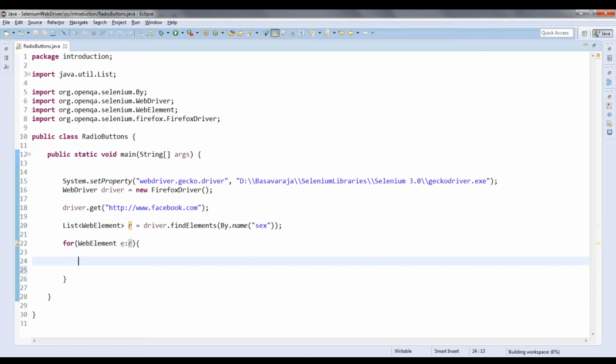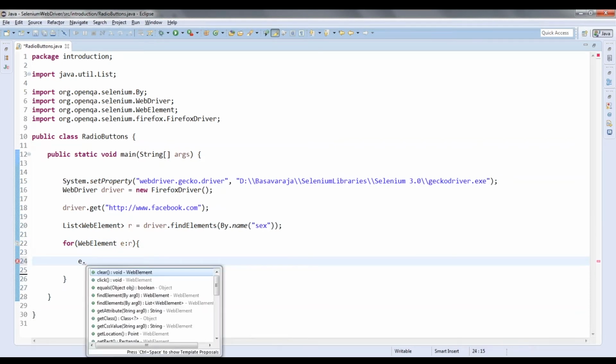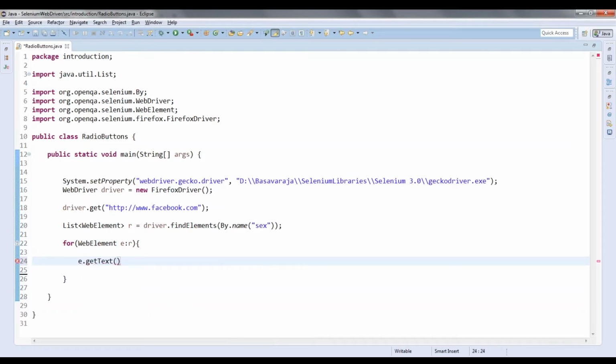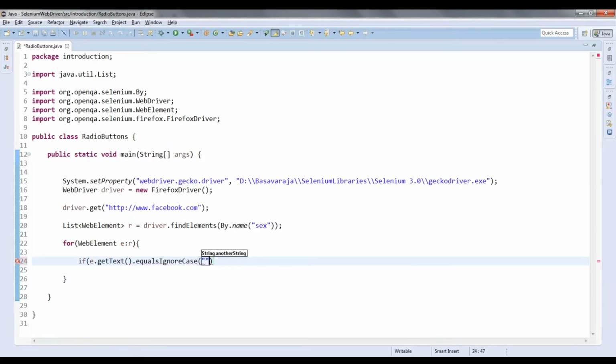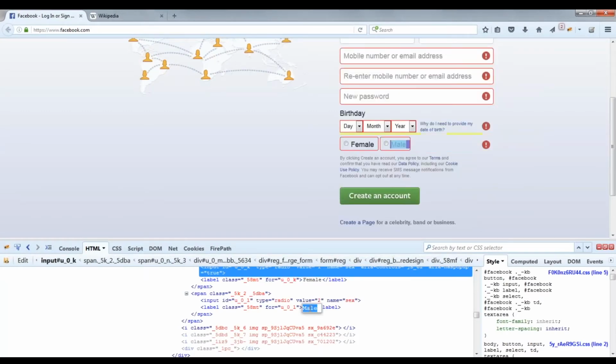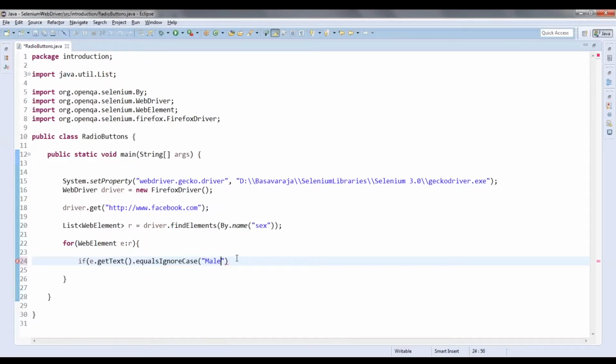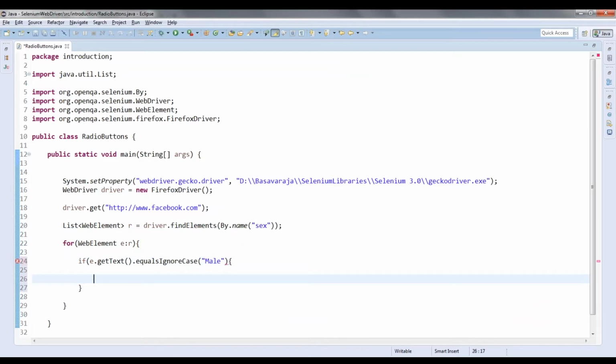Every time it increments, and then e dot get text. So I have to compare once again here. If e dot get text dot equals ignore case is male, then e dot click.